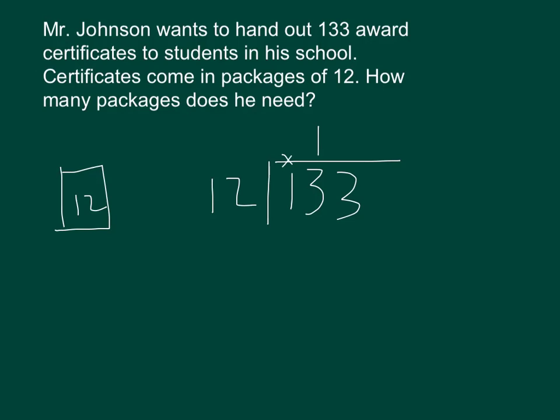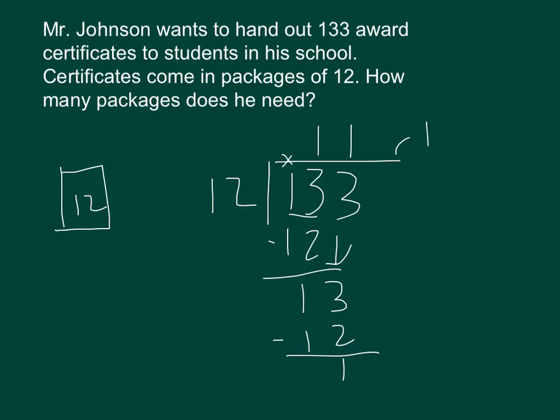How many groups of 12 are in that 133? If we were dividing this, we know that 13 tens divided into 12 groups would be 1 in each group. We would have 1 left over. At this point we bring down, and it actually turns out to be the same as the first step. We have 1 remaining. We would get 11 remainder 1. Now, what this 11 represents,